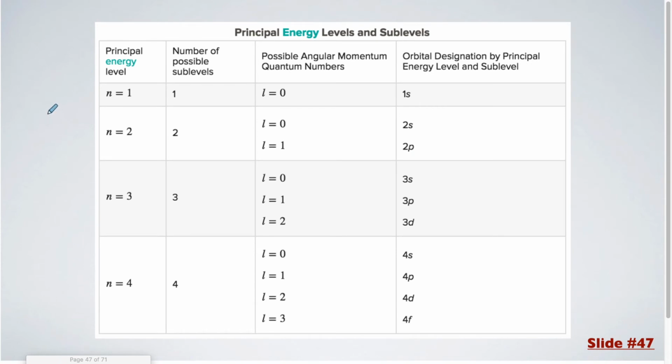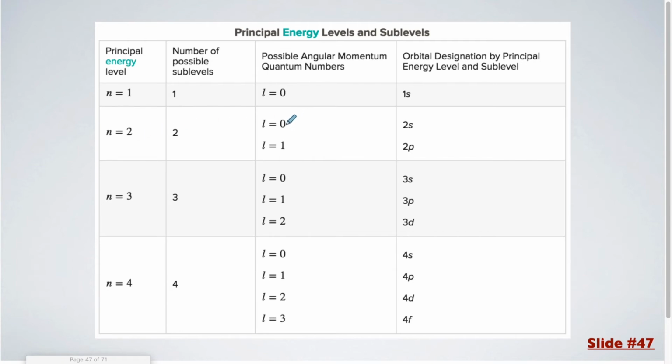This chart shows what energy levels are possible, and what shapes and orientations are possible at each of our energy levels. So we know that if we had n equals 1, subtract 1 from that, you would end up with 0, so you are only able to have a 1s orbital. At the second energy level, when you subtract, you end up with 0 and 1, so you end up with